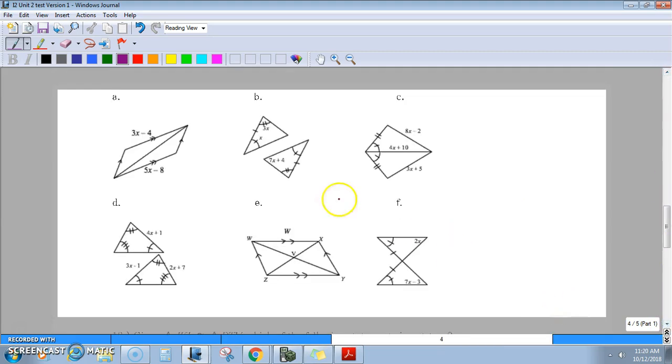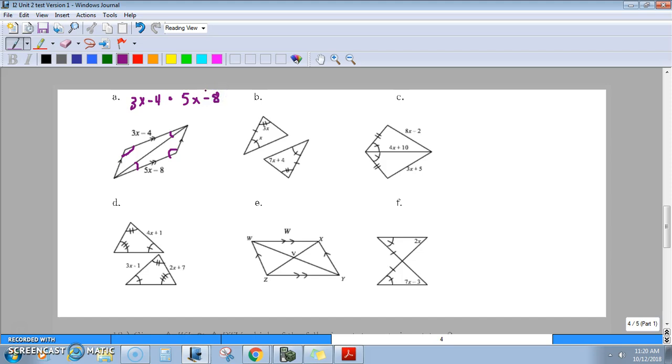Okay. So, we know in this case that if these two lines are parallel here, that these angles must be equal to each other, and it's a parallelogram, so these angles must be equal to each other. And since it's a parallelogram, the sides must be equal to each other. So that would be your justification. So we have 3x minus 4 is equal to 5x